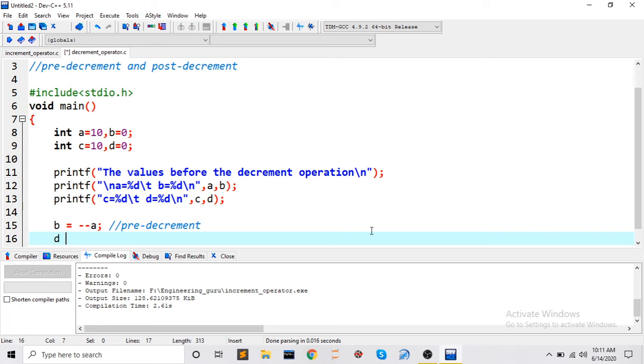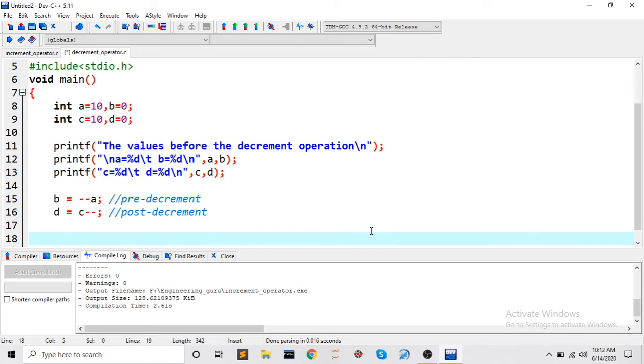And the next part is post decrement. We will write it in a comment so that it will be clear and you will not get confused. As you can see here, this is the decrement operator, and it is after the operand, so it is post decrement. Now we have done the operation.